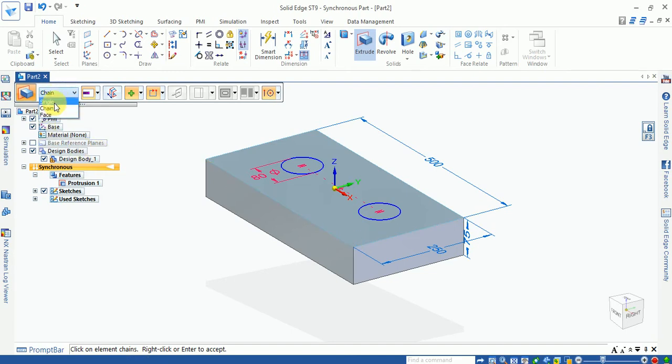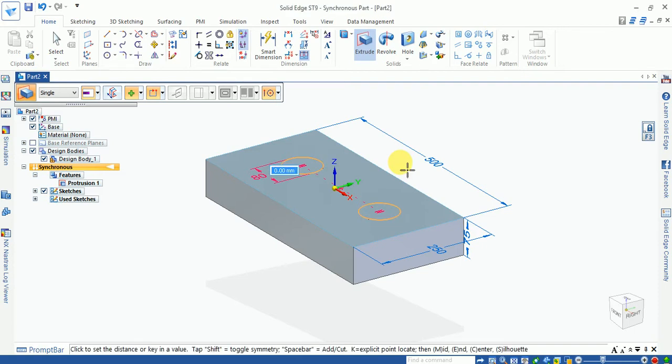Now single one, select both. Now you can right click here and move the arrow upward or downward. You can see it moves upward and downward.